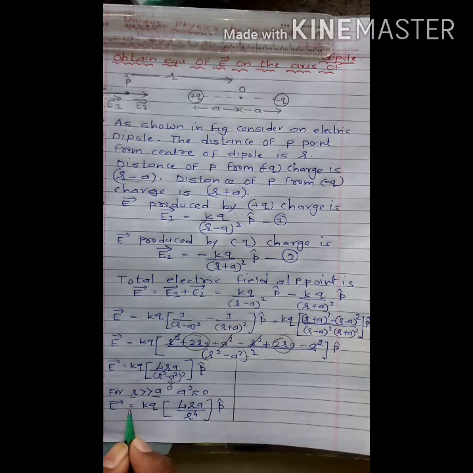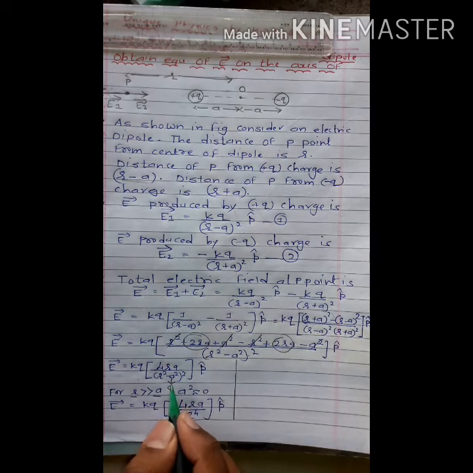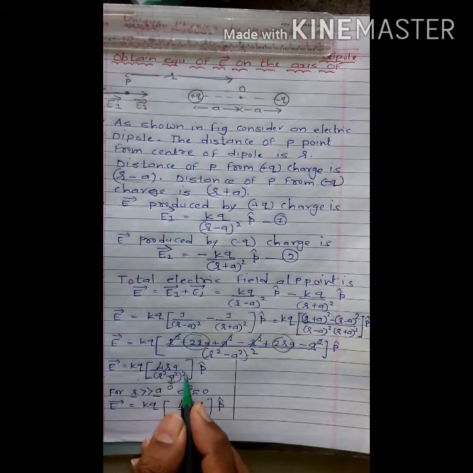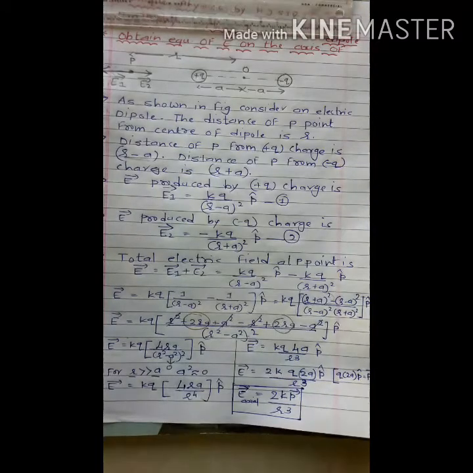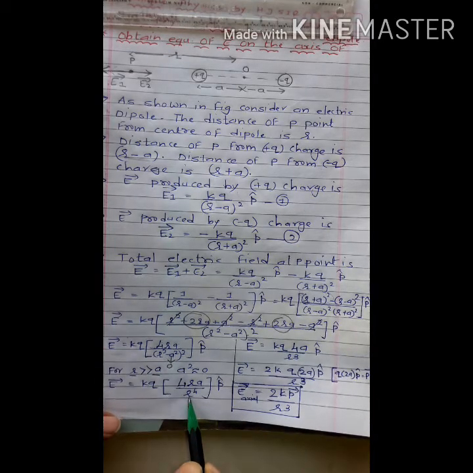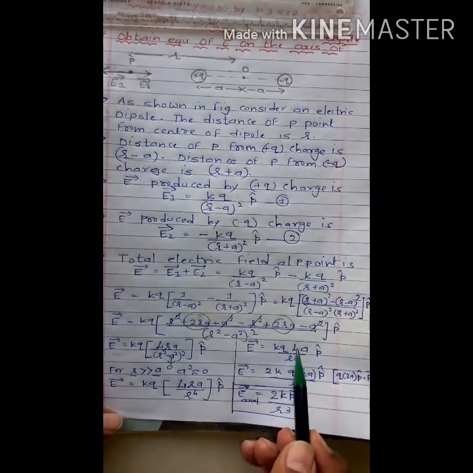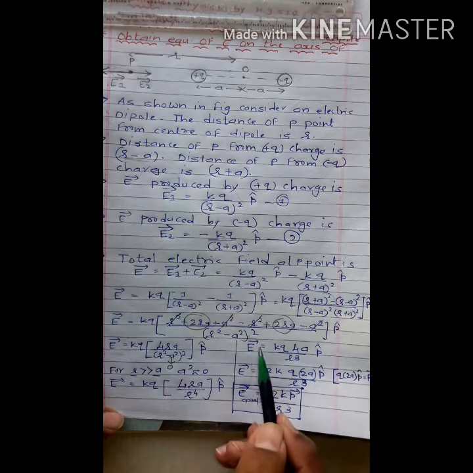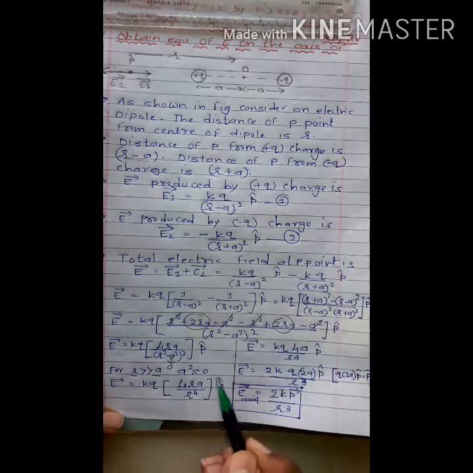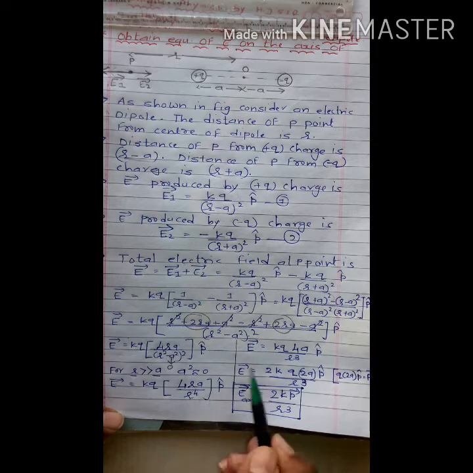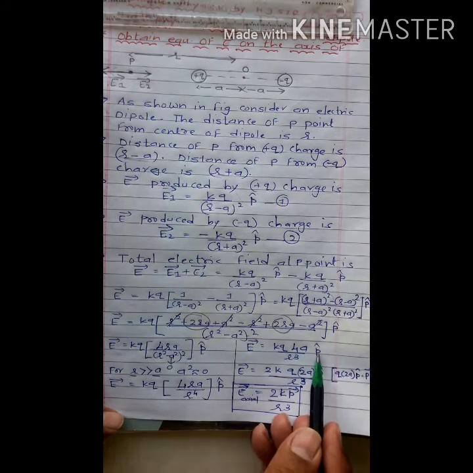So our equation becomes vector E is equal to KQ into bracket 4RA upon, A square becomes 0, so we have R square raised to whole square, which means R raised to 4. Okay, square bracket over into P cap. Here we have R upon R raised to 4. So our equation becomes 1 upon R cube. So vector E is equal to KQ as it is, 4 as it is, R upon R raised to 4 means 1 upon R cube into A into P cap.